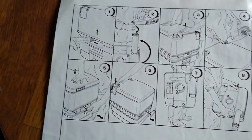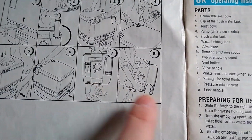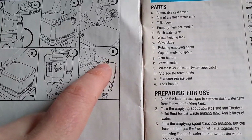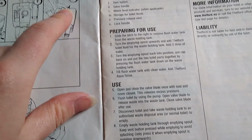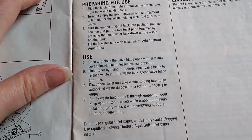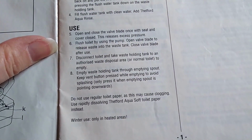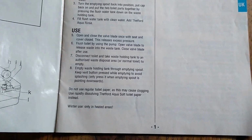Take the top from the bottom and then carry the bottom, and then you twist the spout and you pour it while pressing the release valve, and presumably this is to let air in one side so it can come out at the bottom. And keep the vent button pressed to avoid splashing. Ooh, fun. Let's give it a try. Okay,